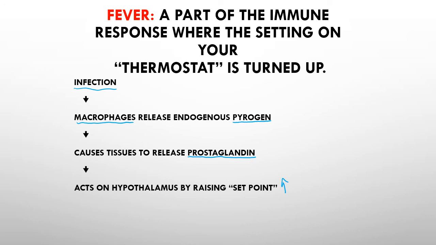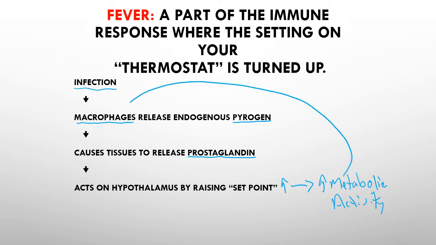By raising the fever, this leads to increased metabolic activity. Our metabolic activity goes up, which means that our macrophages can work faster. We can destroy the infection even faster, and we can regulate our temperature there. Once that infection is gone, the release of pyrogens decreases, prostaglandins decrease, and our temperature comes back down to normal. And that'll do it for our metabolism. See you next time.